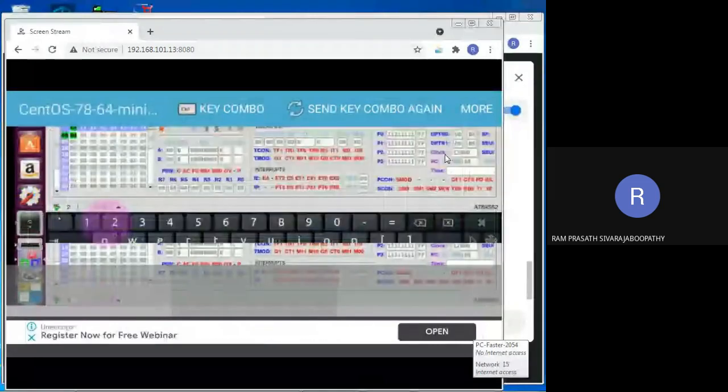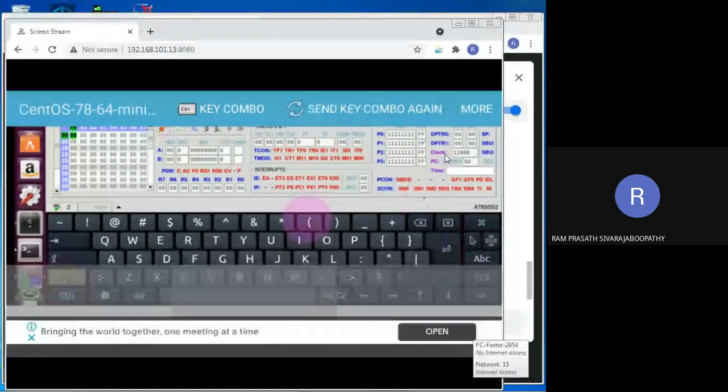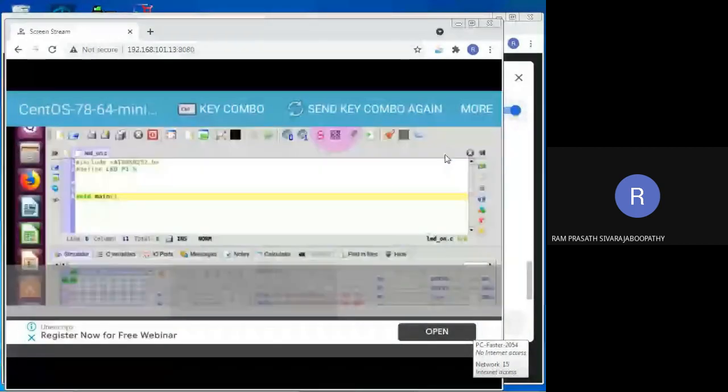Yes, here you can see it will open. Here what we have to do is click on this shift button. Yes, I'm clicking on it. So the icon is going to change. Wait a moment. Yes, by clicking here, you can get the bracket. That's it. Yes, void main we have created. We are not going to write anything in the void main, so I'm going to the next step. Yes, enter.